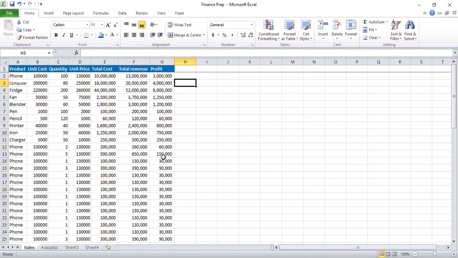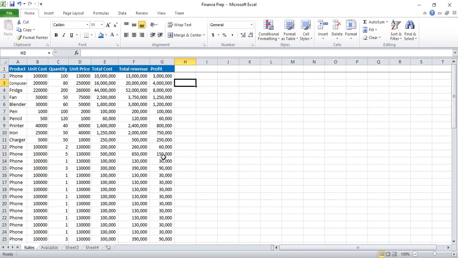When he comes in, what he's going to be asking us is, how many phones did we sell today? How much money did we generate totally from the sales of phones? How much money did we generate totally from the sales of each element? Which product gave us more sales today? Which product gave us more profits today? Those are the type of questions that he will be asking, because he wants to know which product is helping